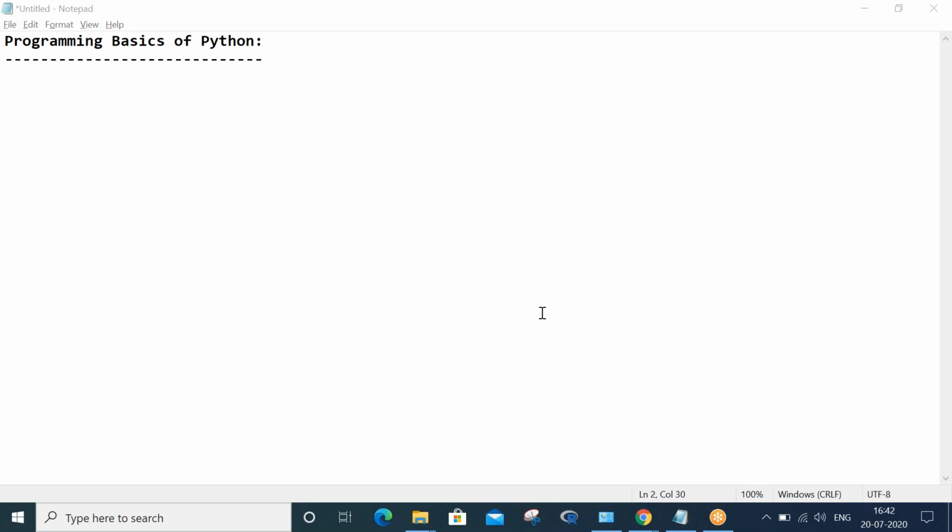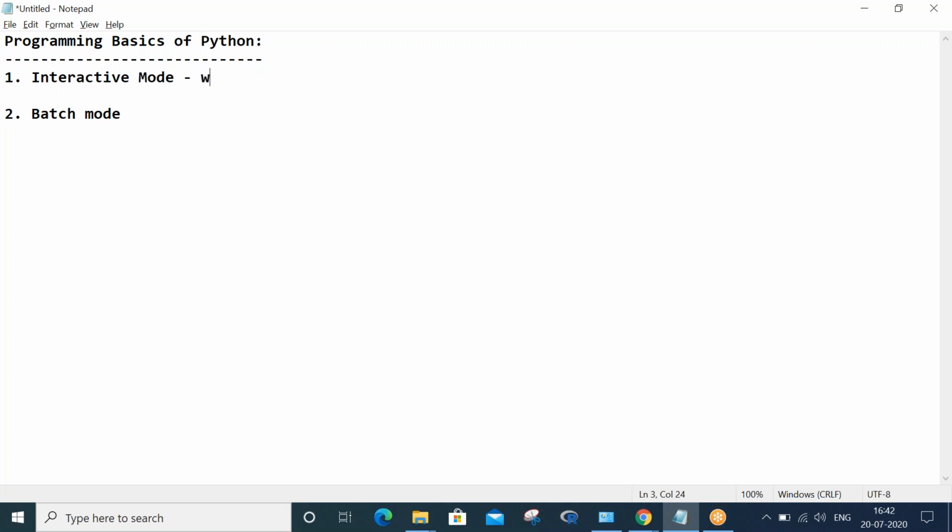Okay, so Python programming can be done in two modes. What are those two modes? Let me highlight them. First one is interactive mode. Second one is batch mode. So what do you mean by interactive mode?